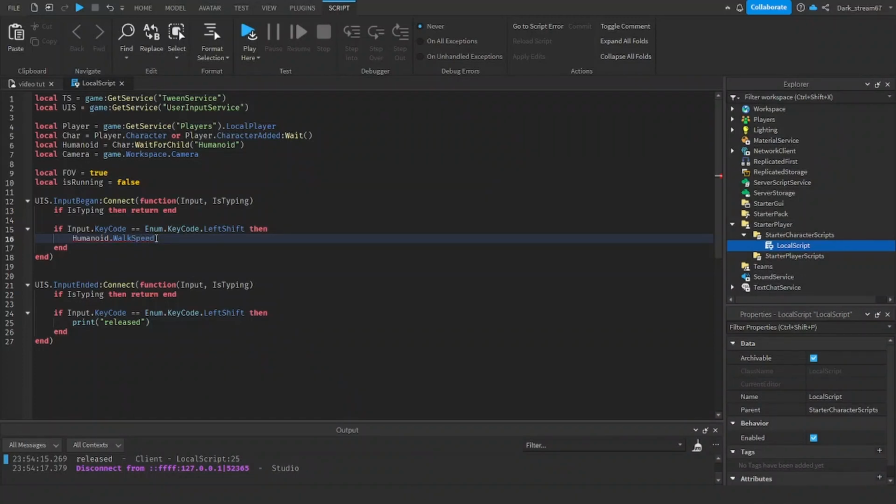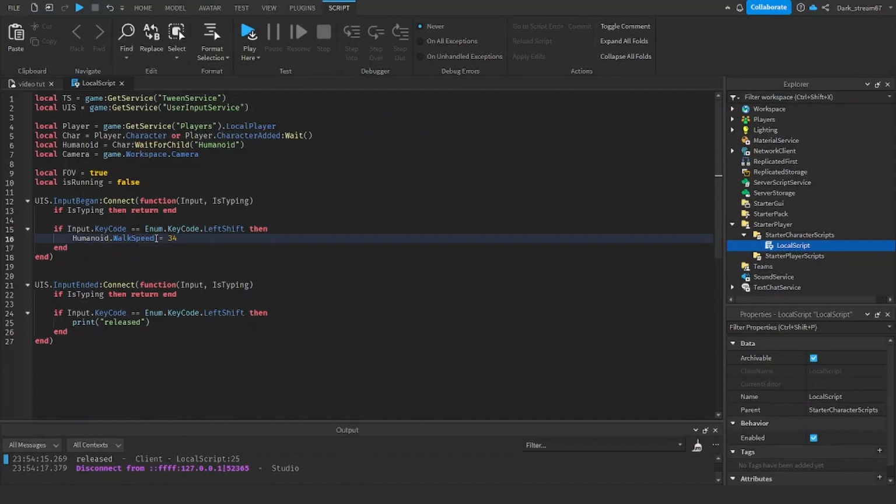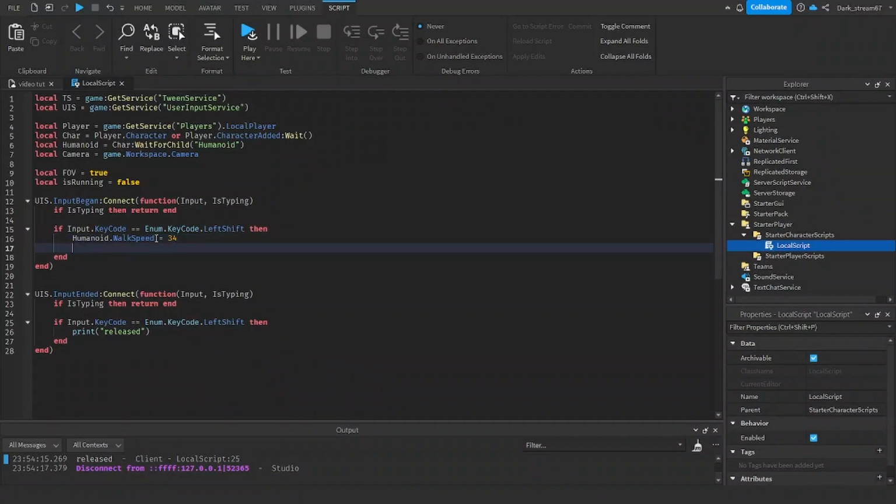So you could change the max speed. This is the value which we want the player to run at when we press the shift button. You could change this to whatever you like. I'll be changing it to 34. And then next,